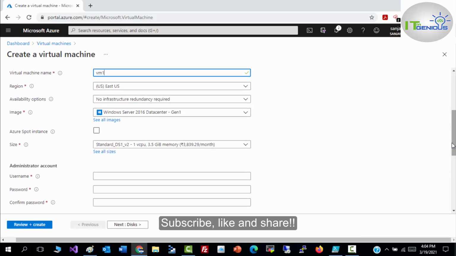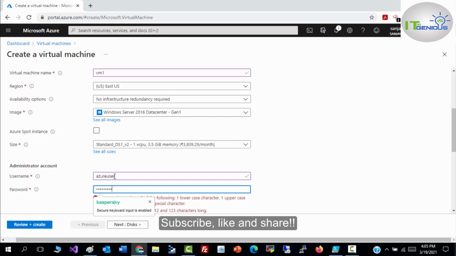I'm not going to use any high availability options like availability set or availability zone here. My region will be East US, and I'm going to create one Windows virtual machine with this recommended size. My username will be azureuser here, and I need to set my password.